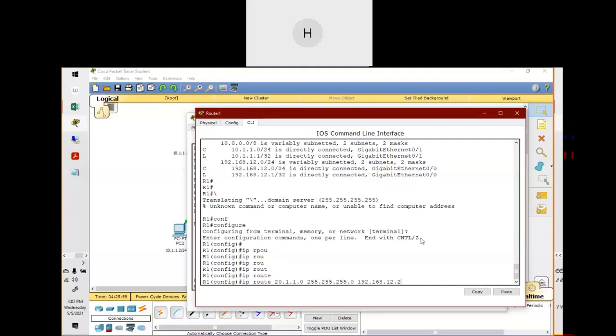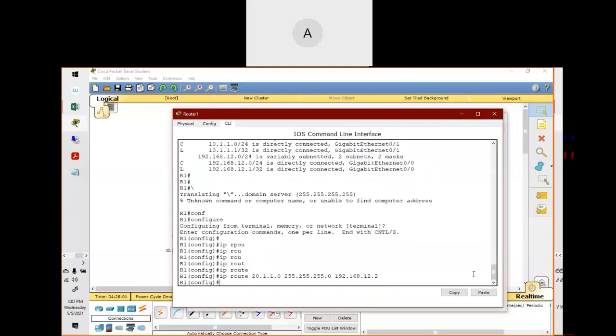Okay, so we have 12.2 here and 12.1 here. Perfect.